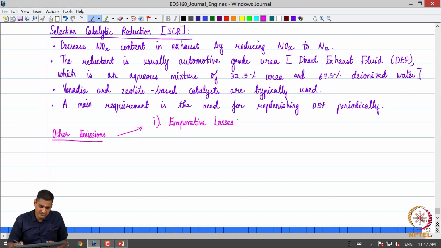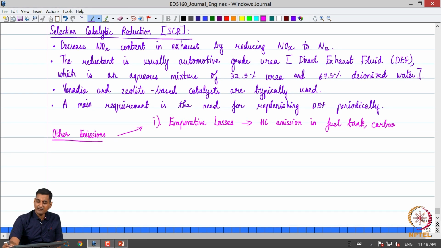So there are other emissions in an engine, predominantly from evaporative losses. Evaporative losses take the form of hydrocarbon emissions in the fuel tank and carburetor, if a carburetor is